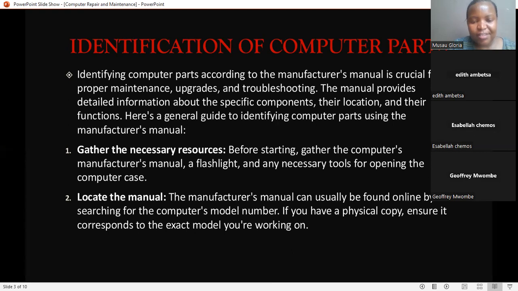So the manufacturer's manual can usually be found online by searching for the computer's model number. If you have a physical copy, ensure it corresponds to the exact model you are working on. And the next thing,